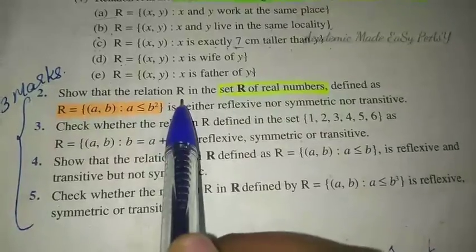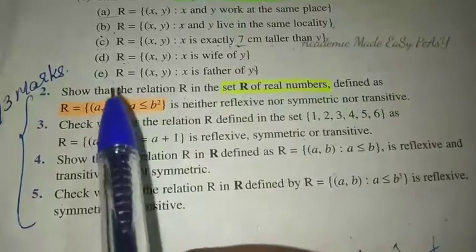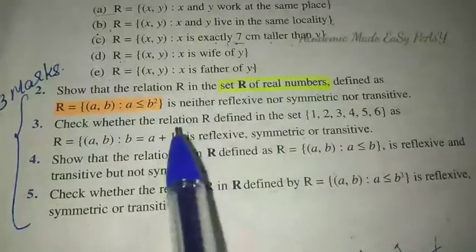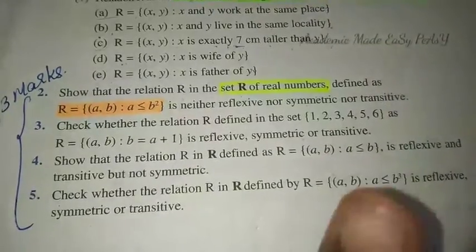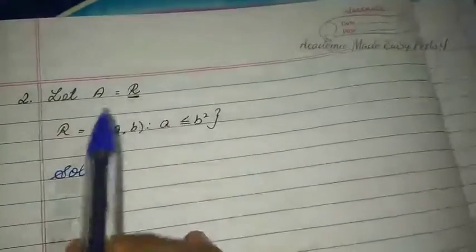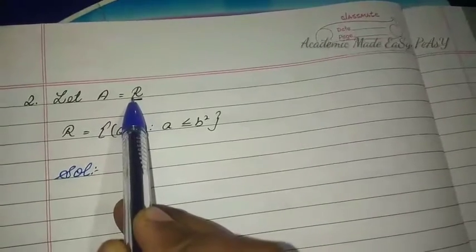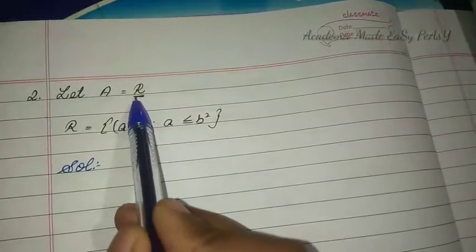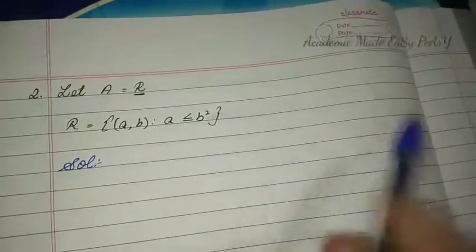Show that the relation R in the set R of real numbers, defined as R equals (A, B) such that A is less than or equal to B square, is neither reflexive nor symmetric nor transitive. It means we have to show that it is not reflexive, not symmetric, not transitive. Now I have written: let A be the set of real numbers. R represents the real numbers, isn't it? So here I have highlighted it by underlining it. Then the relation R is given as (A, B) such that A is less than or equal to B